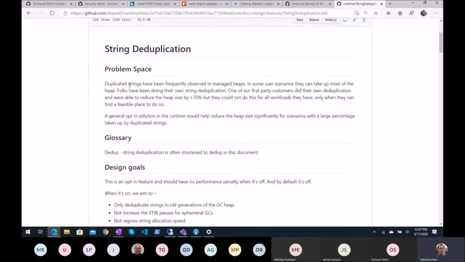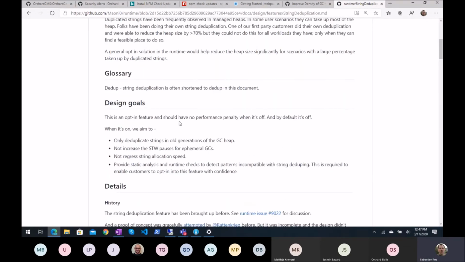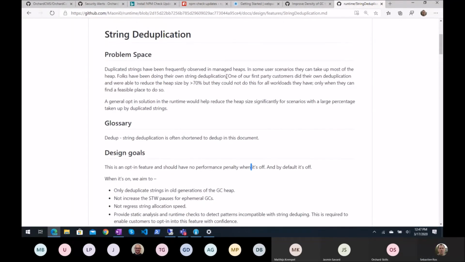String deduplication. Opt-in feature should have no performance penalty. So the idea is that every string in .NET is immutable. So when you have the same string again and again, these are all different in memory. They are not reused.